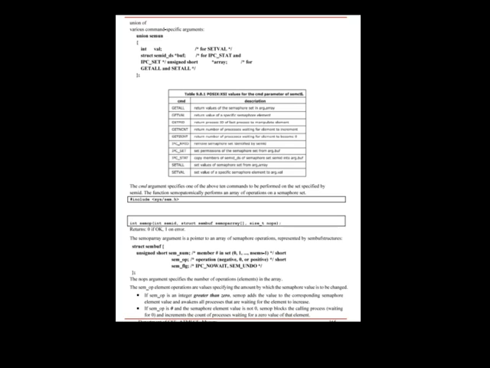If sem_op is an integer greater than 0, semop adds the value to the corresponding semaphore element value and awakens all processes that are waiting for the element to increase. If sem_op is 0 and the semaphore element value is not 0, semop blocks the calling process and increments the count of the processes waiting for a 0 value of that element.